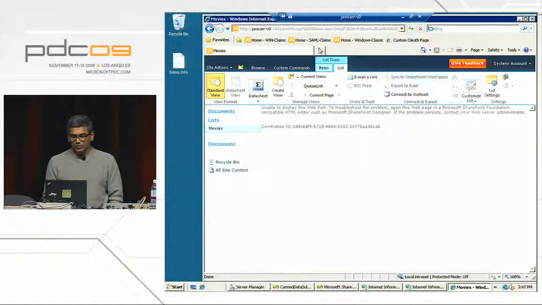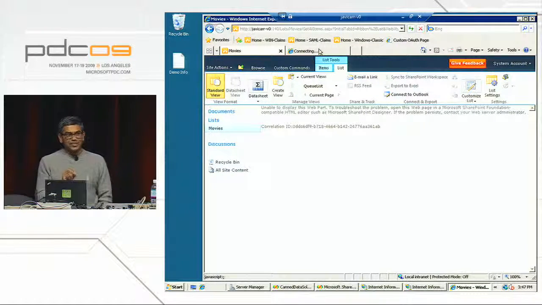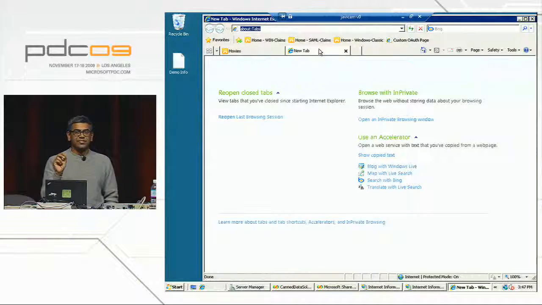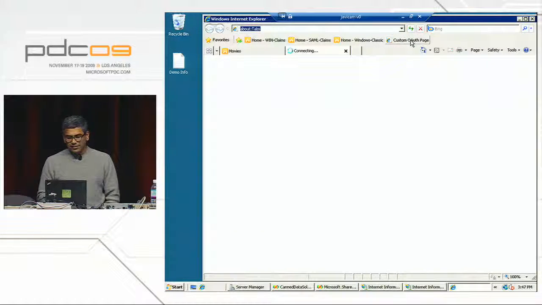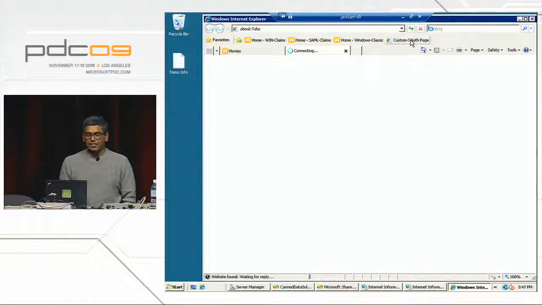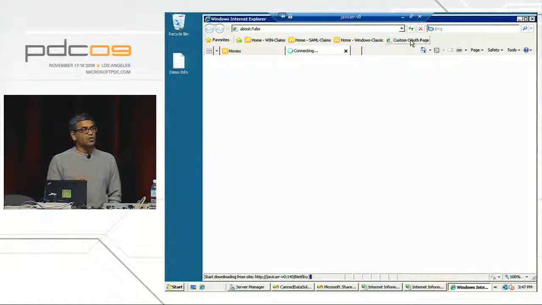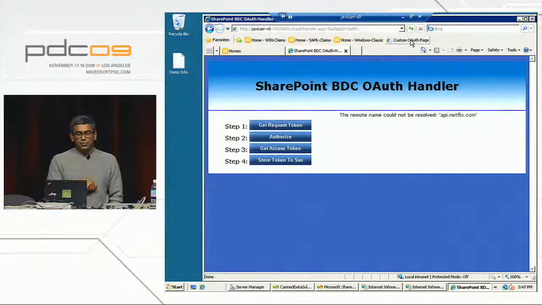So what I'm going to do now is the key thing that's missing in beta 2 is the ability to automatically redirect. And we are sort of building that into the RTM milestone. But what I'm going to do is show you this page. And so you'll see the page is basically a Netflix OAuth handler.aspx. That's all it is. When I click on this, it's going to connect to my page. And the page, because it's custom, it knows about Netflix, actually now proceeds to